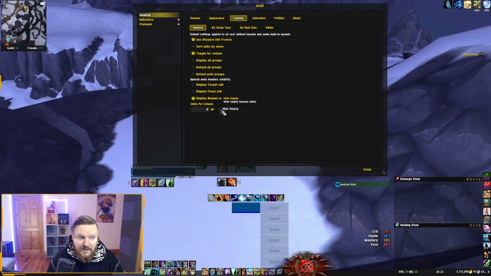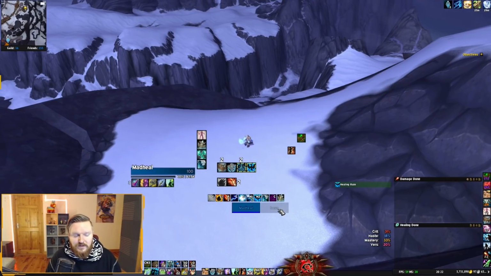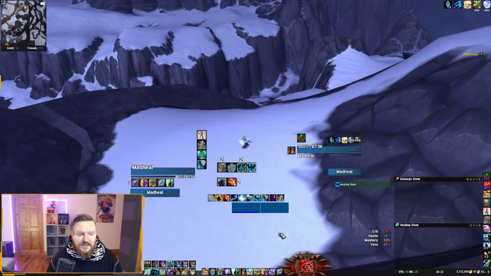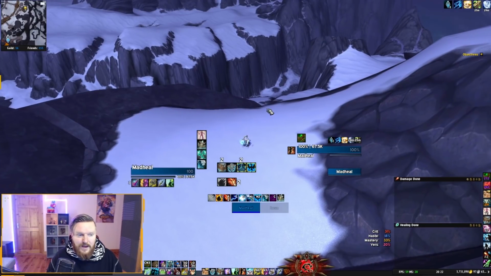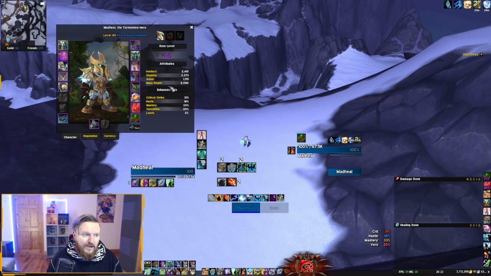Units per column and hide empty, but that's not the one that I want to showcase. I want to showcase display focus units. So you can see that the focus unit is right here, and if I focus myself, it shows up here. The important part of this is that if you're playing Earth Elemental Legendary, and again, this is the one that I have,